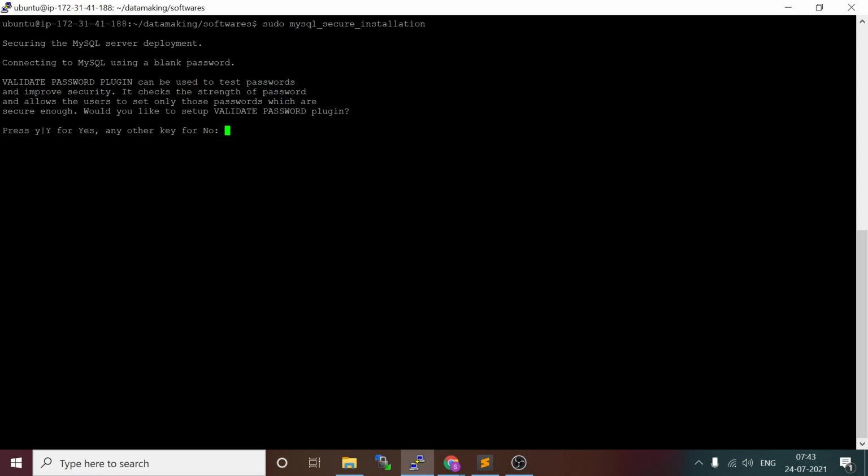It says the validate password plugin can be used to test passwords and improve security. It checks the strength of the password and allows the user to set only passwords that are secure enough. Would you like to set up the validate password plugin? I'll say no, because I want to keep a very simple password, and if we install the plugin it will validate the strength of the password. So for now I'll say no.